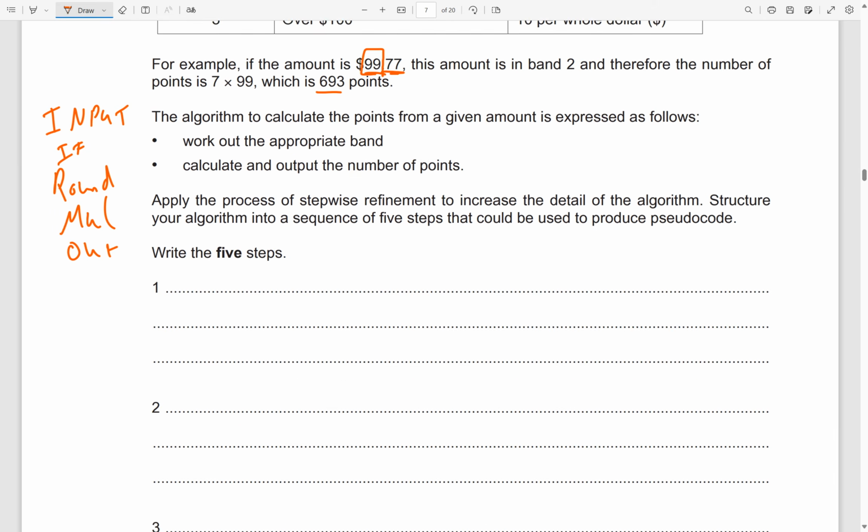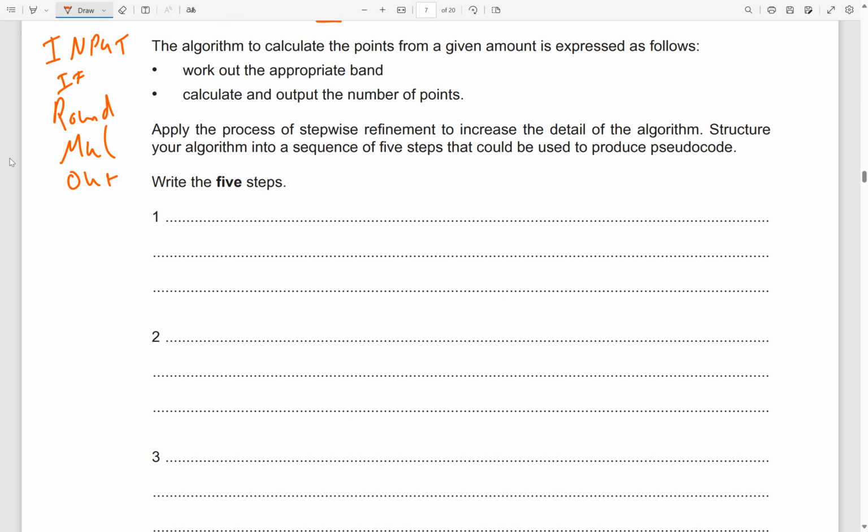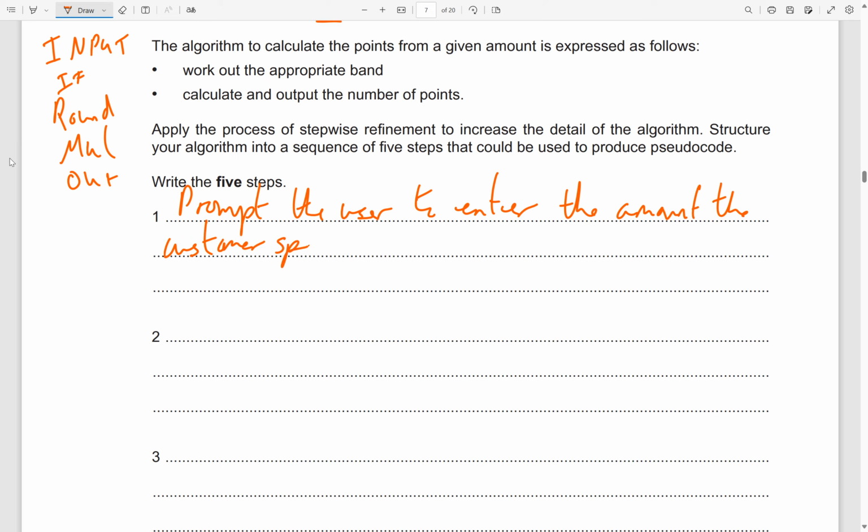I'm hoping that's going to be the 5 steps. Let's just try and write those. Hang on, let's try and click, okay, there we go. Let's say prompt the user to enter the amount spent. And I'm probably going to put, maybe take this value as a parameter, I think that's fine. Take this value